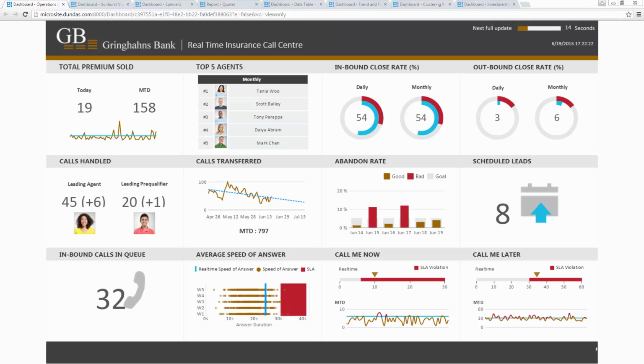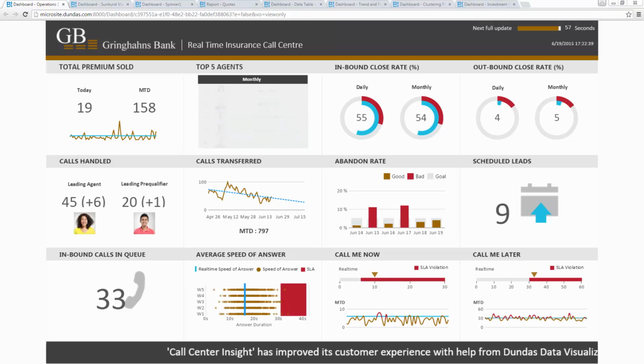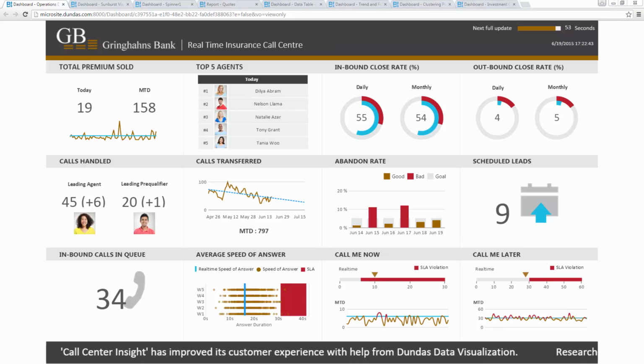On the top right hand side, I'm showing percentages for the inbound and outbound close rates of my calls. You can see that I'm using those pie gauges to highlight those different data points. Now I could have just used a data label to show the percentage, but using the visual it's actually easier for the user to quickly understand, first of all, if I'm going above or below my SLA, which is the red range band, and also to quickly understand what the value is without having to read a data point and process it in my mind. The pie gauge is simply a stripped down version of the pie charts using just a single pie slice.